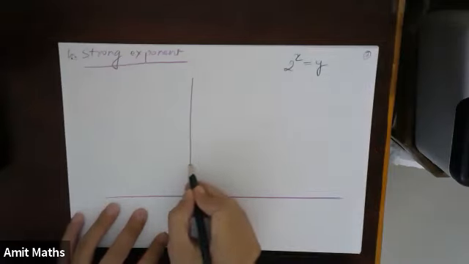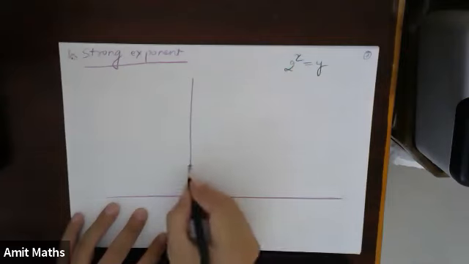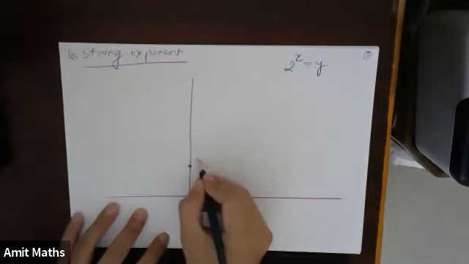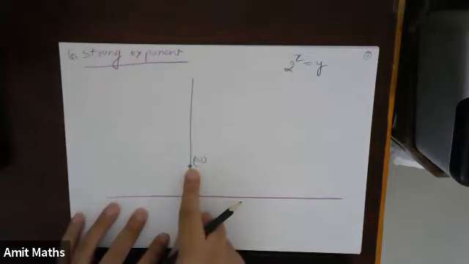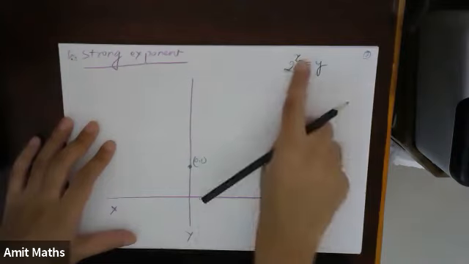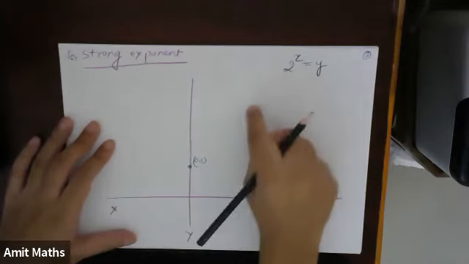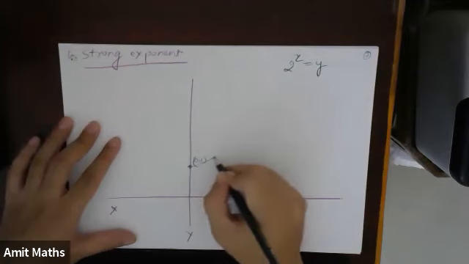So that means this will be this point. When x is 0, y is equal to 1. So this point is (0, 1). In log it was (1, 0). Now it is (0, 1). Now let's take x to be 1. When x is 1, what will be the value of y? y will be 2. So the graph on the right side, I know, will be something like this.